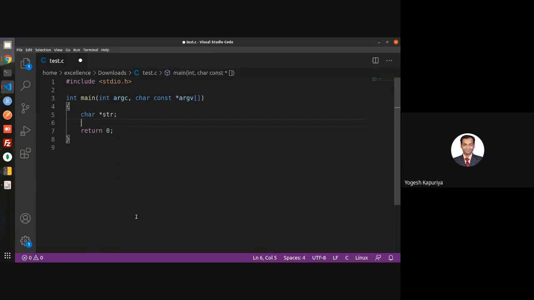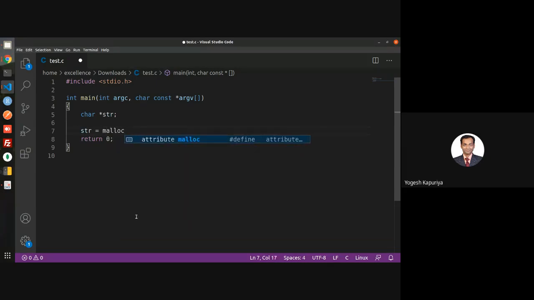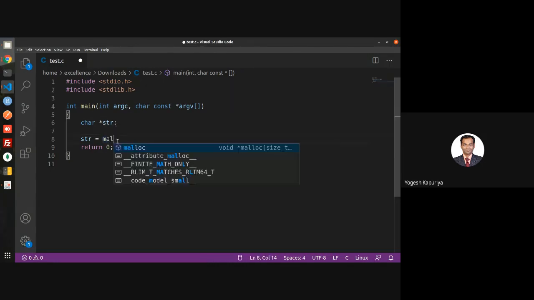You have created one pointer to string. Now you are using, I think malloc and calloc are defined in stdlib.h. So now you can use this malloc function.